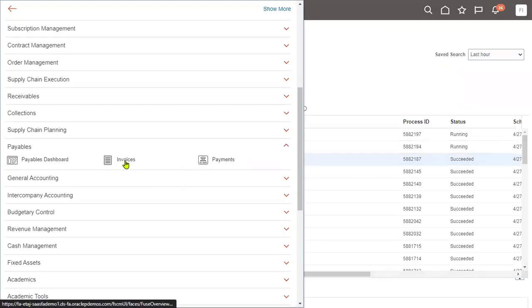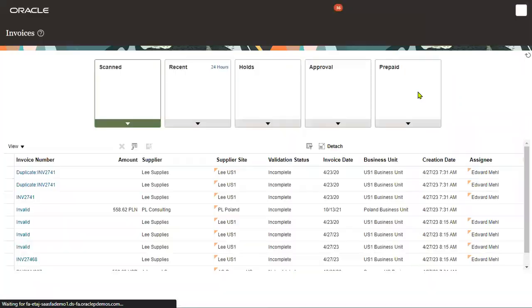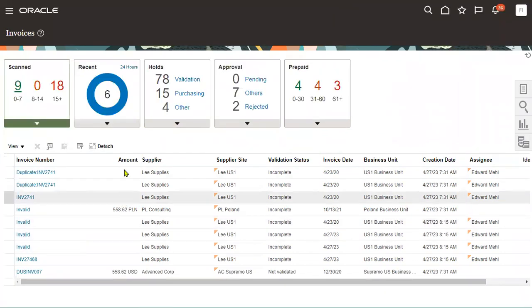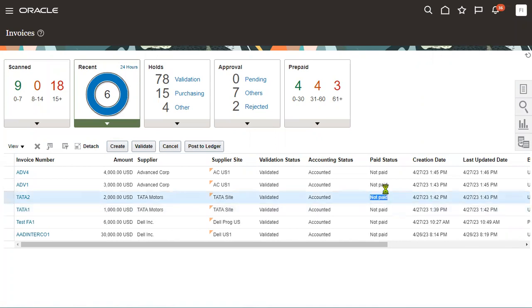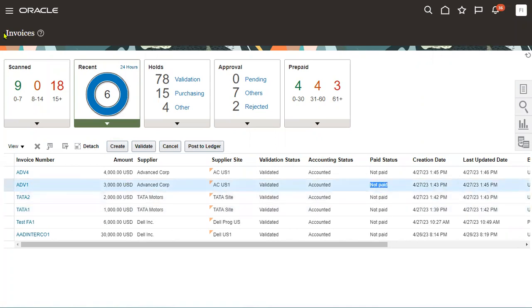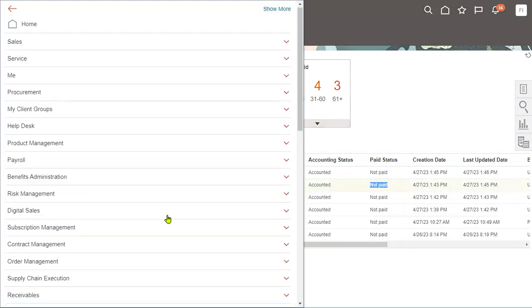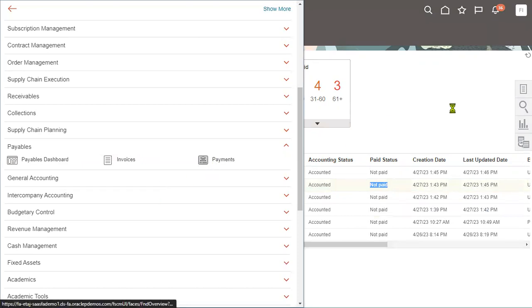Now if we look at the invoices right now, whatever invoices we have prepared, what is the status of the payment? In the last 24 hours, 6 invoices are created. Let me go through. Tata 1, still not paid. Tata 2, not paid. Advanced 1, not paid status. Because we have not marked them as paid. We just generated the payment files. Let's go to payments here. If we look at the payment status here,